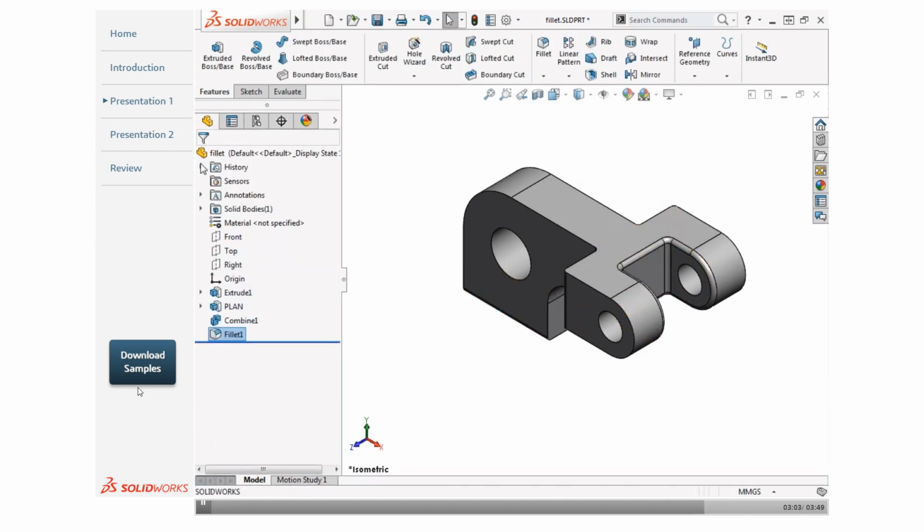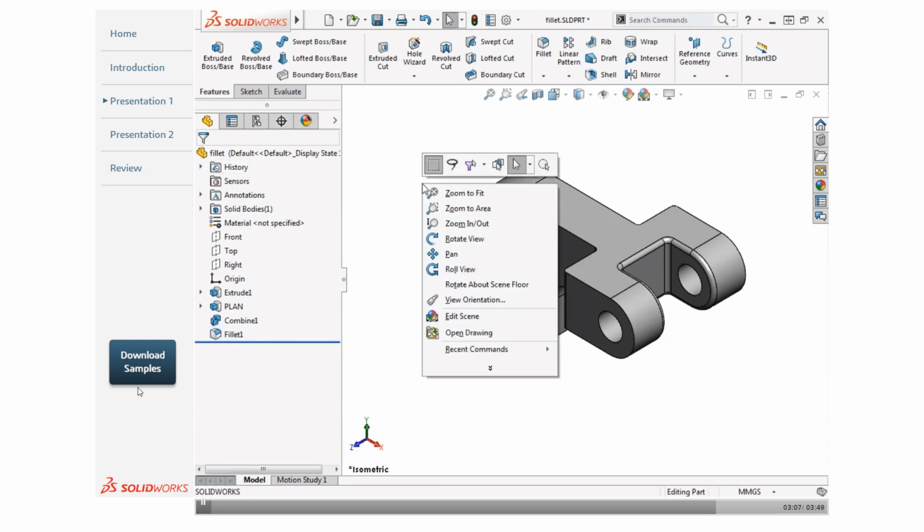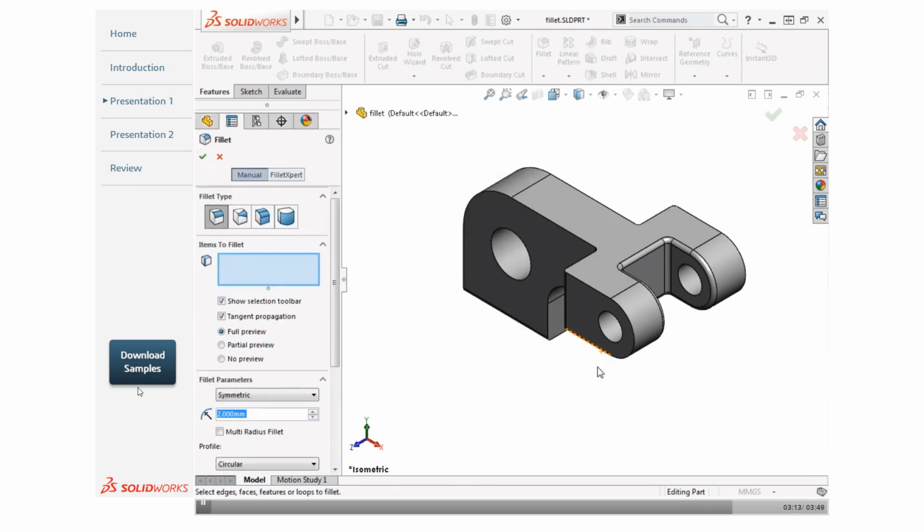Next, I'll add fillets on the outer edges. I can quickly access the Fillet tool by right-clicking in the Graphics area, hovering over Recent Commands, and selecting Fillet from the list. These constant-size fillets will have a radius of 3 millimeters. I'll make sure the Tangent Propagation checkbox is enabled, and begin by selecting this outer edge on the